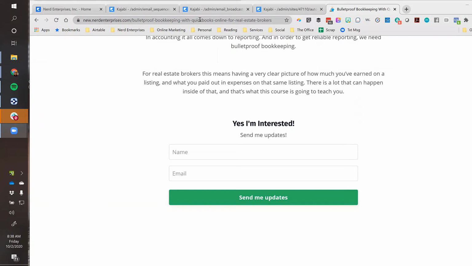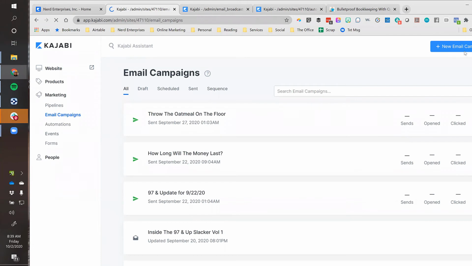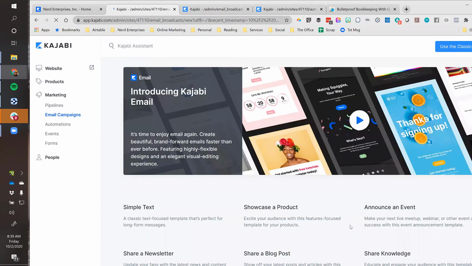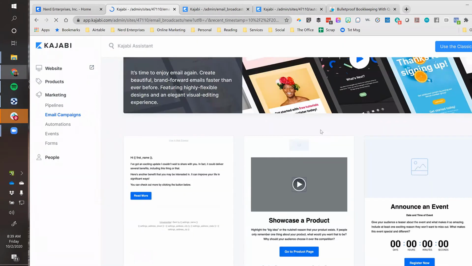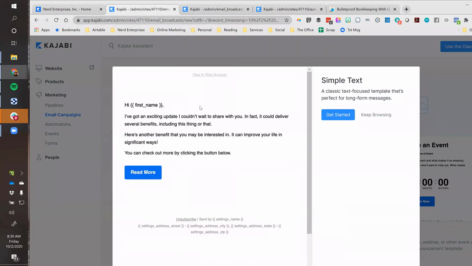Okay, let's go into one of these pages, right? So let me go to the general email campaigns area. And let's say I want to send a new email out, okay? But it's going to be based on offering a coupon code or a promo of some kind for Bulletproof Bookkeeping, right? So as you can see, I'm already